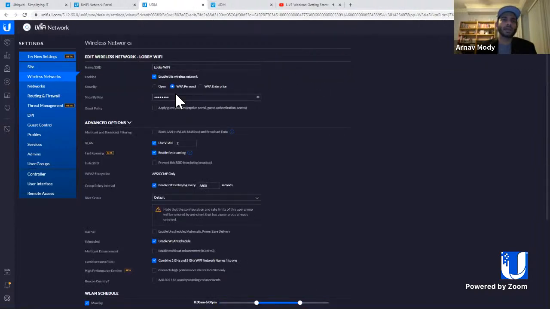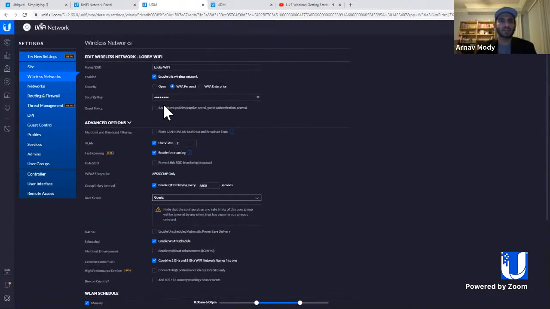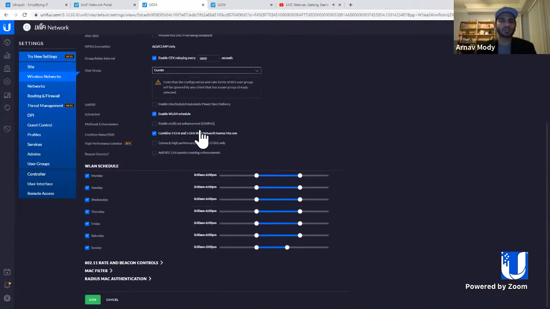And then once you go back to your wireless network and you set up, say, lobby Wi-Fi, you can simply assign the guest user group, because the lobby is for guests. So you can assign the guest user group to the lobby Wi-Fi, for example. Maybe you don't want it on Sundays and Saturdays. Shut this completely. Maybe Friday, you only want half a day available,